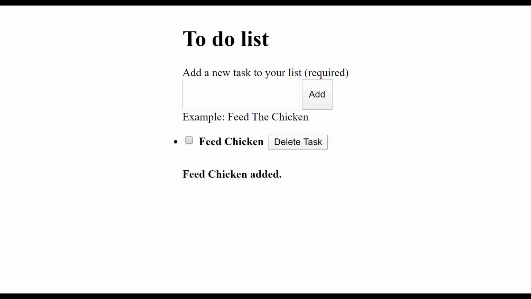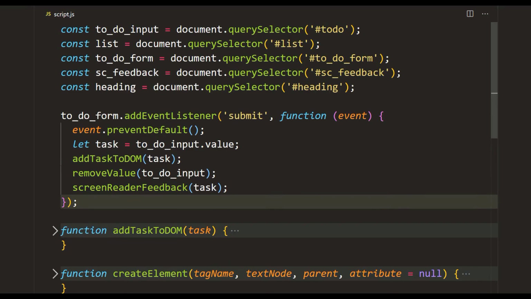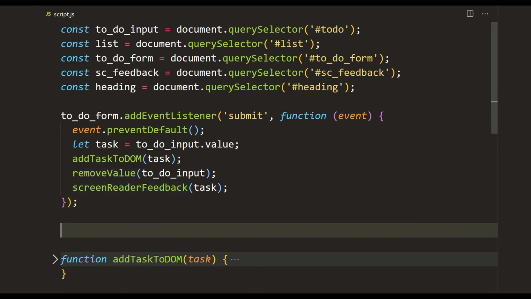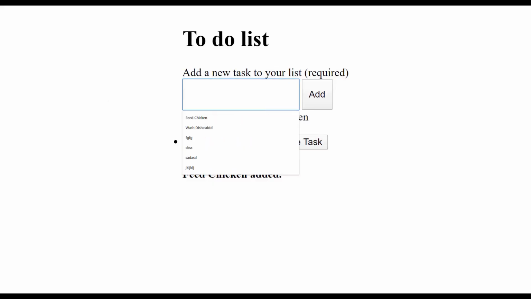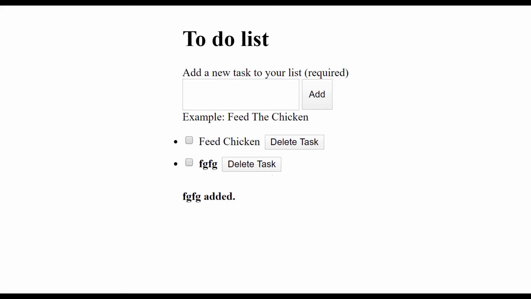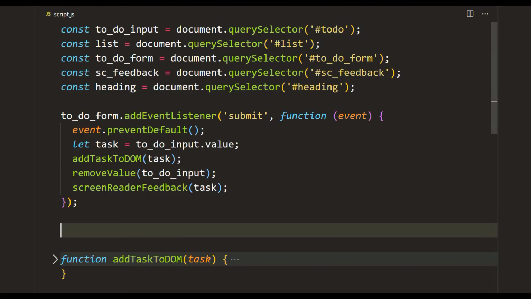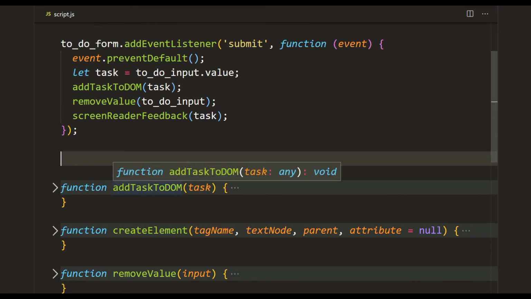Now, what we want to do next is we want to replace the delete task for the task to be deleted. And this is going to be a bit tricky, but just stay with me. The first thing we want to do is we want to add an event listener to this delete button. The problem is we don't know how many tasks there are going to be in our task list, okay? So there could be 1, there could be 500, but we have a solution in mind.